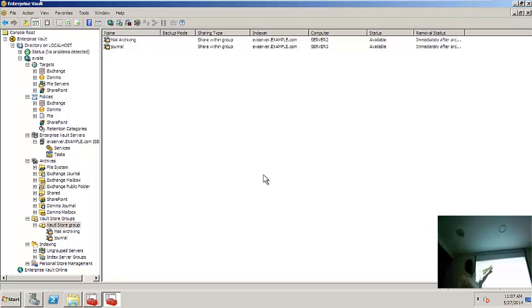Now, share within group means what? Everything will be saved once across both the journal and the mail server vault stores. Got it? And one more thing.